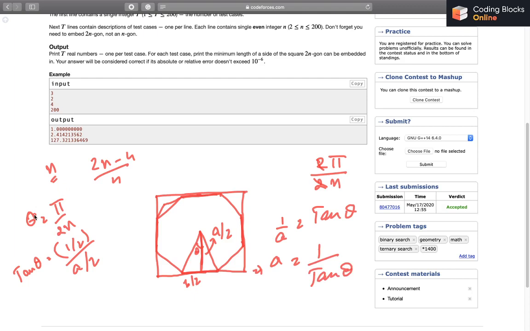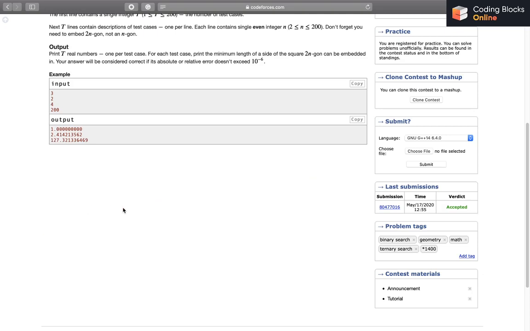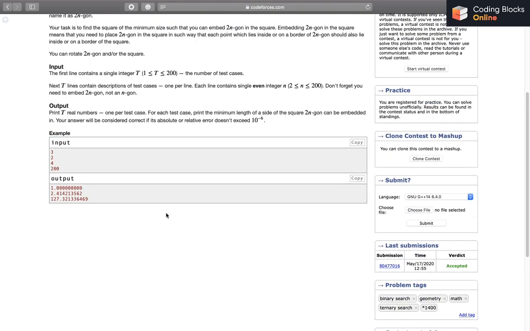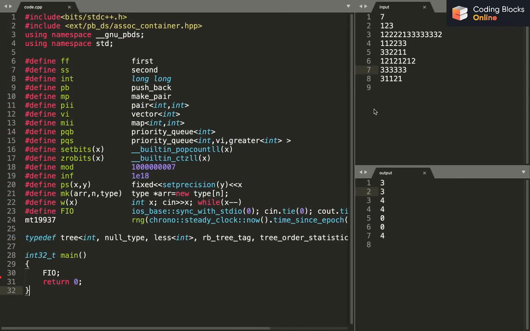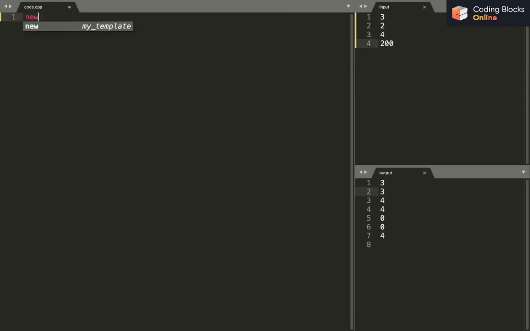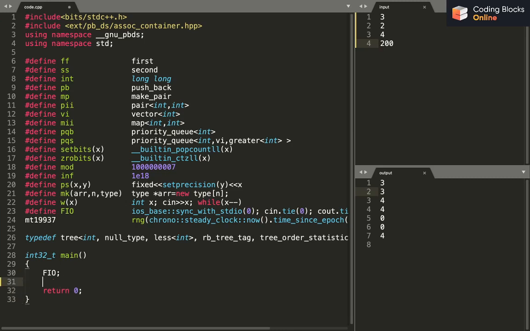It was simple trigonometry. If you have some problem understanding this, I recommend you read something about tan theta, and yeah, just tan theta you need. I hope you must be pretty familiar with these things. So I'll be writing down the code now. Let's just copy the test cases. So the number of test cases will be t.